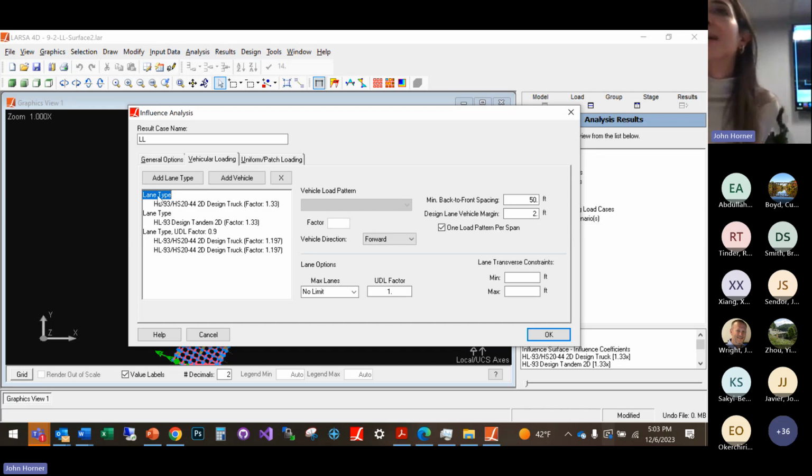Quickly, you are referring to the placement of the vehicle with respect to the lane, right? To the design lane. Design lane. Yes. So it will